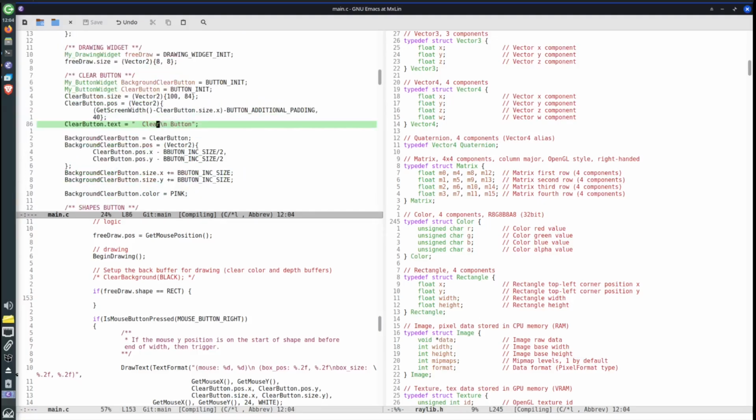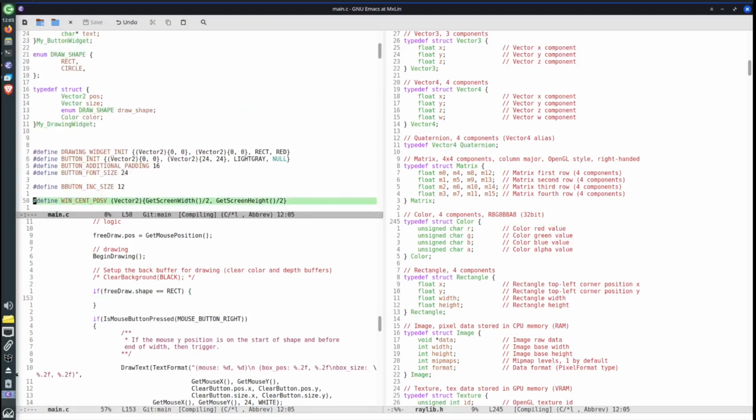Yeah. It'll be red by default. So then if it's rect, what we're going to do is we want to say